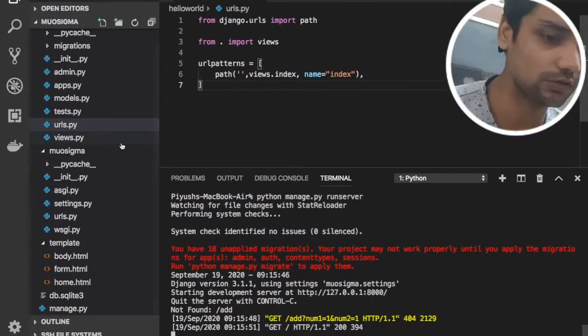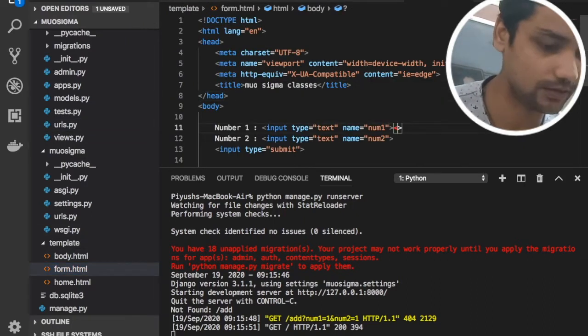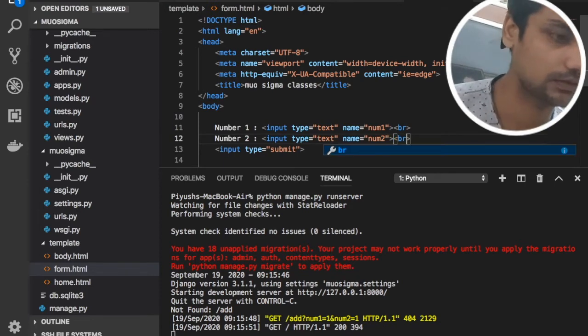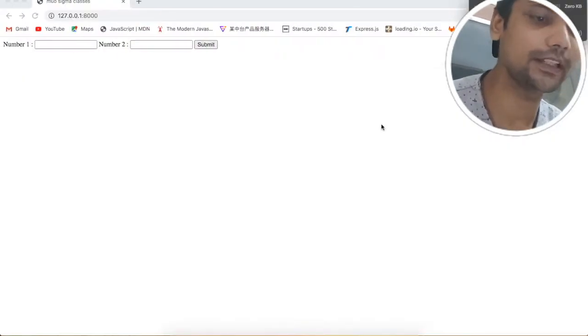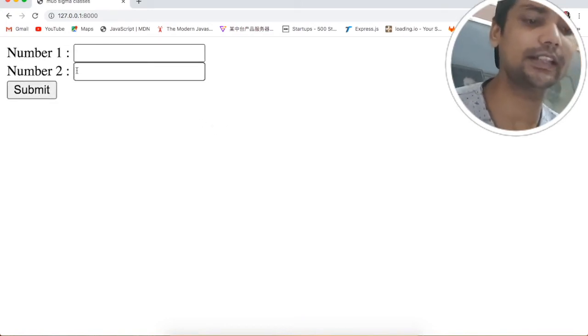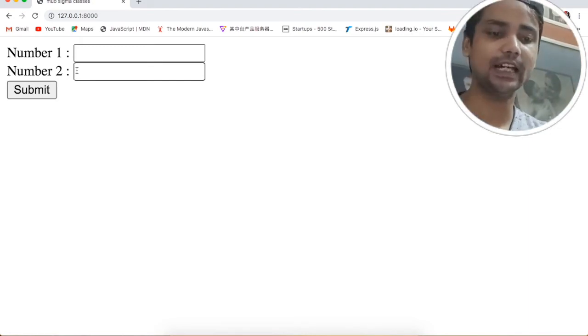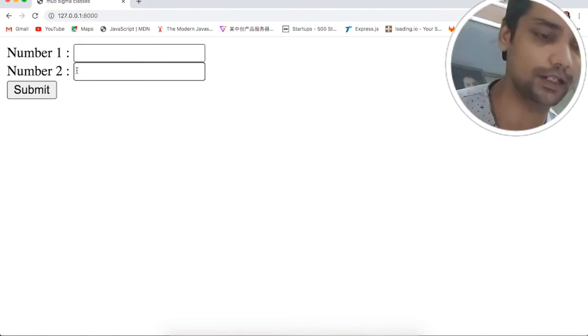We need to separate them onto different lines. So let me use a break here like this. Just refresh this page. Okay, perfect. Now you can see here we have the number 1 and number 2 fields and the submit button.